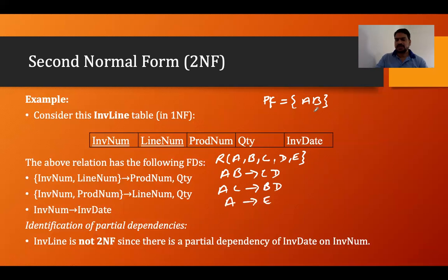Now, if I choose AB as the primary key, AB is determining something, it is okay. AC is determining something. Can we say that part of the key is determining some non-key? Now here if you see this particular functional dependency, if AB is the key, this is not fulfilling the requirement of partial functional dependency. Partial functional dependency says that part of the key is determining some non-key. Here we have the part of the key,